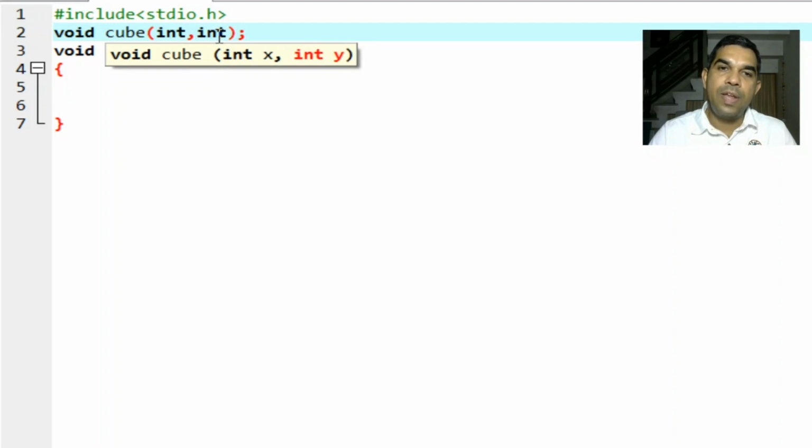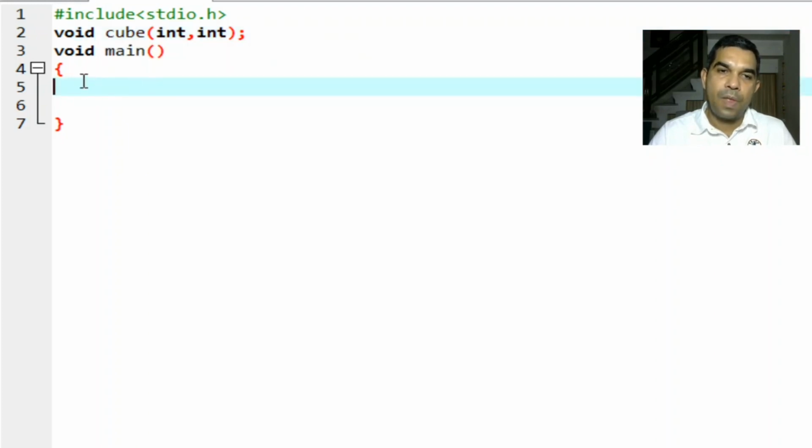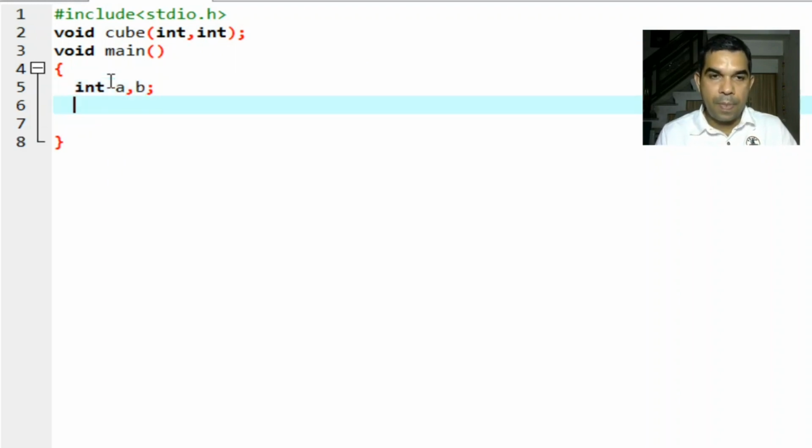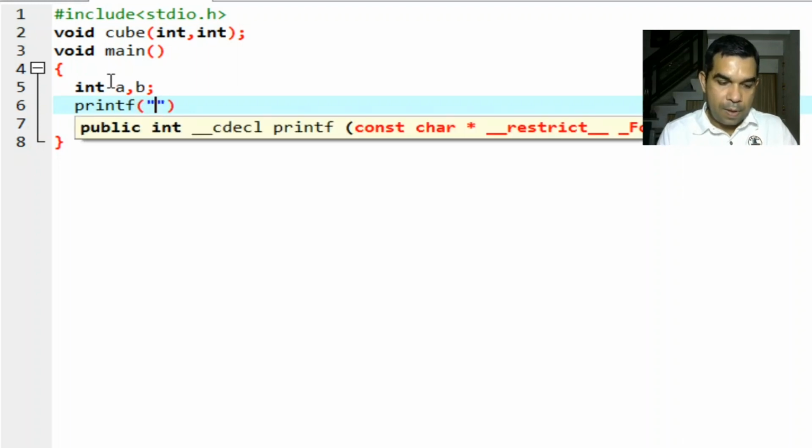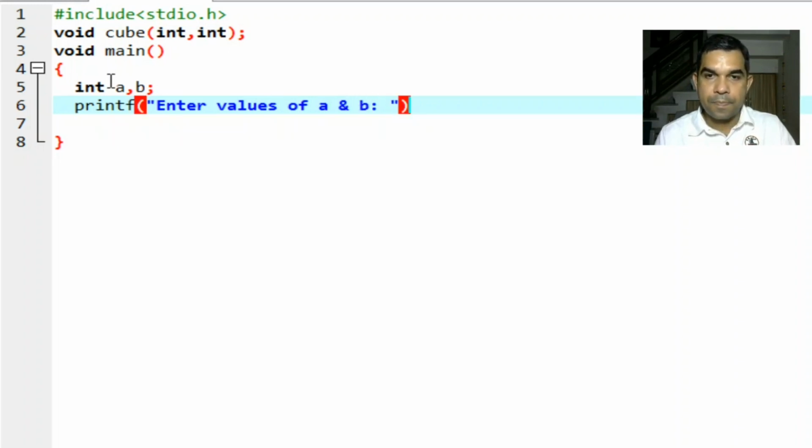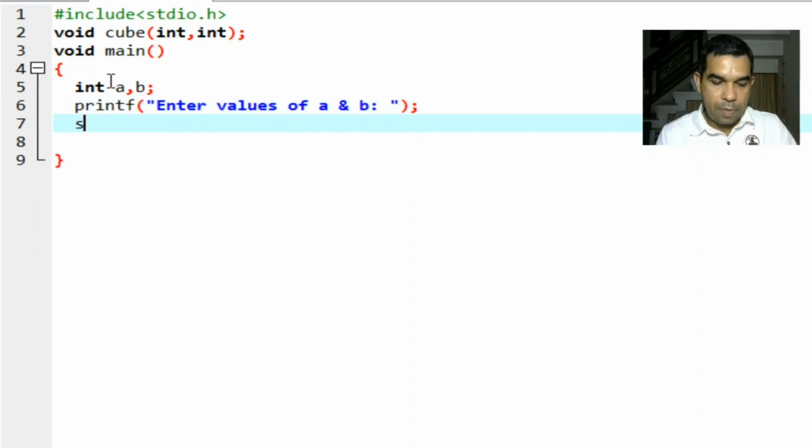So we are going to input two numbers, and inside the main, let me write a, b, and now we have to assign values to a and b. For that, printf "enter values of a and b", then semicolon.